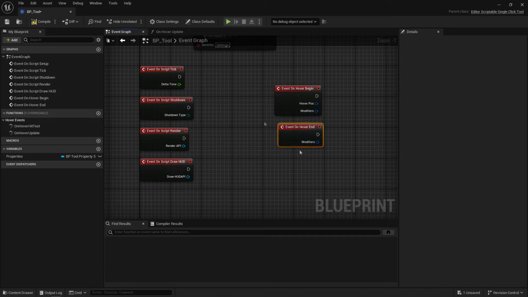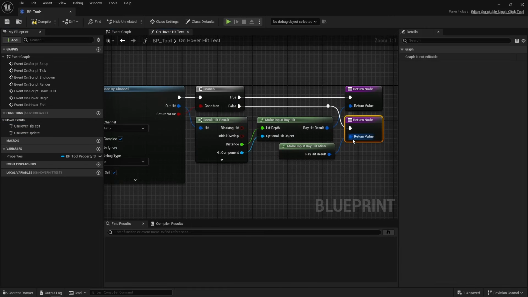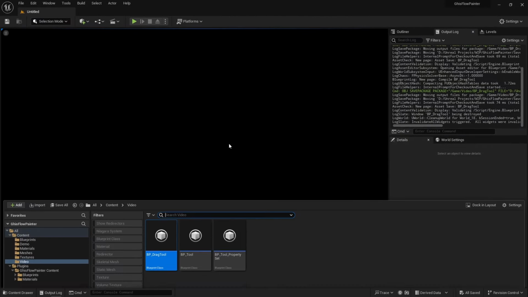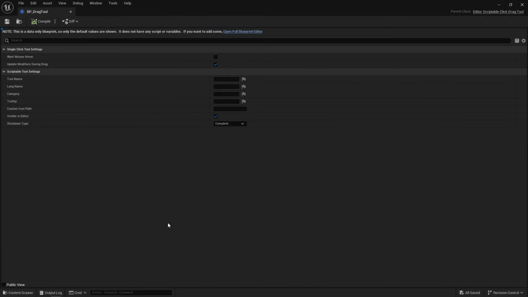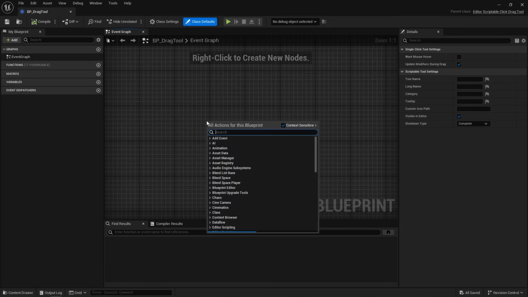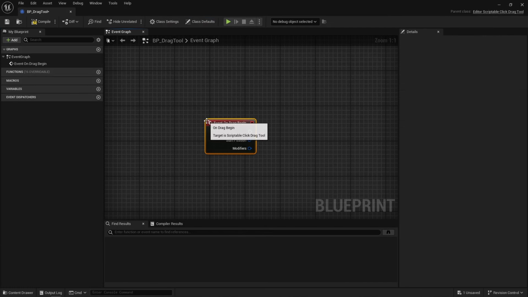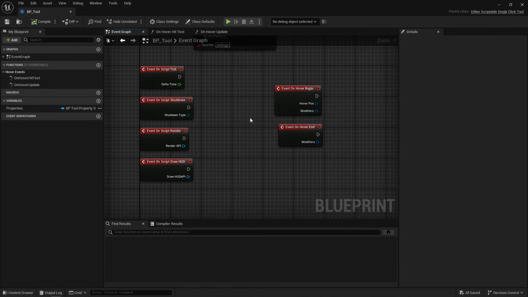The hover end event may also be triggered if a hover has started and the onHoverHitTest function suddenly returns a miss. Also, for click-drag tools, hover testing ceases when a drag begins, so the hover end event may also be called at the start of a click-drag action. So handling hover events can be nuanced, and there are many ways to manage a tool's hover functionality if that's